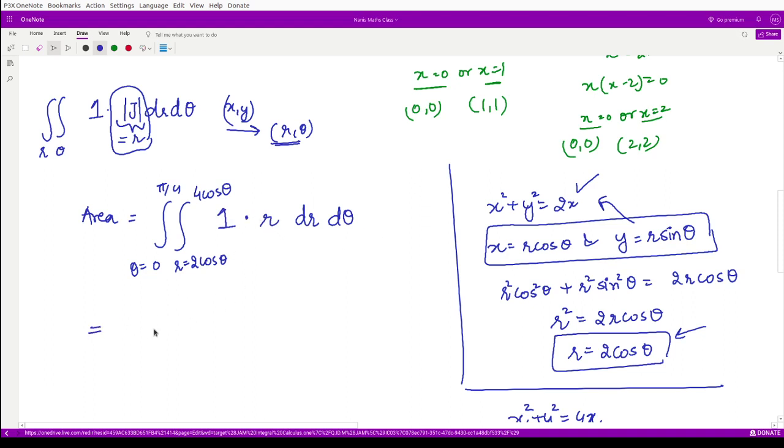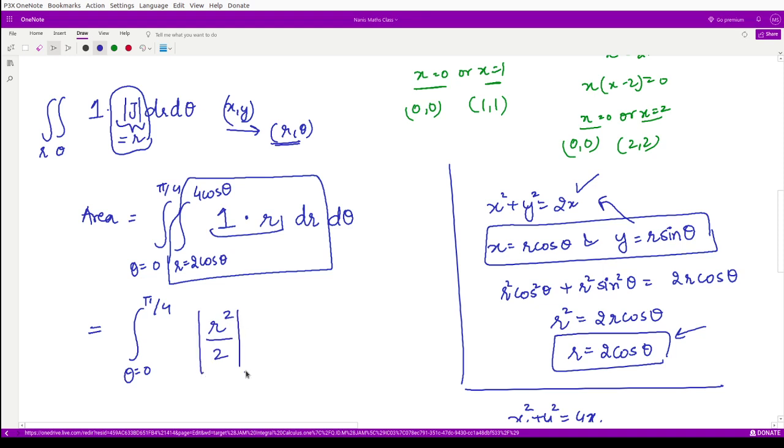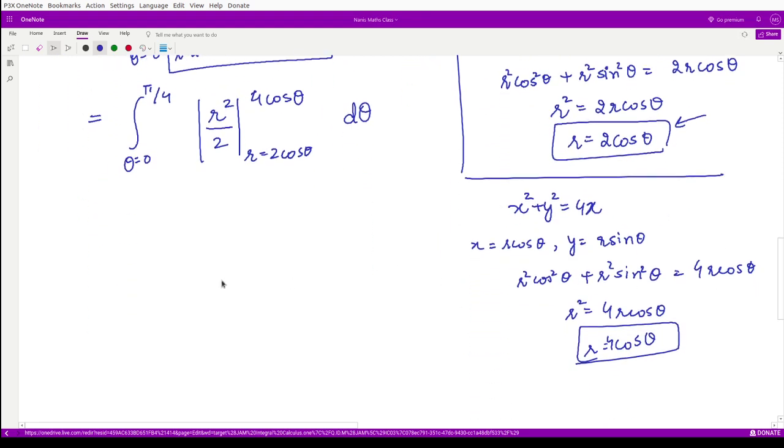Now we just have to solve this integration. For solving this integration, we first take the integral with respect to r, keeping theta constant. Now there is no theta, we only have r. So the integration of r with respect to r would be r square by 2, and the limits of r vary from 2 cos theta to 4 cos theta, and d theta as such. So we can substitute the limits here. So it would be 4 cos theta square minus 2 cos theta square divided by 2, and the integration is with respect to theta as such.